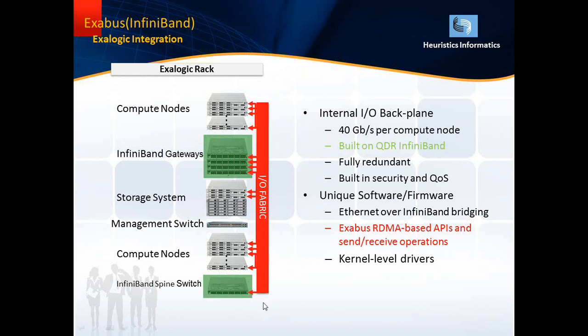This IO fabric integrates all the components of Elastic Cloud and provides reliability, scalability, and performance. With the help of this IO fabric only, we achieve scalability, performance, and reliability. This IO fabric is called the ExaBus, and the ExaBus is based upon the QDR InfiniBand fabric. ExaBus relies on the InfiniBand fabric and has all the device drivers, software drivers, InfiniBand drivers, and kernel drivers in each and every component.